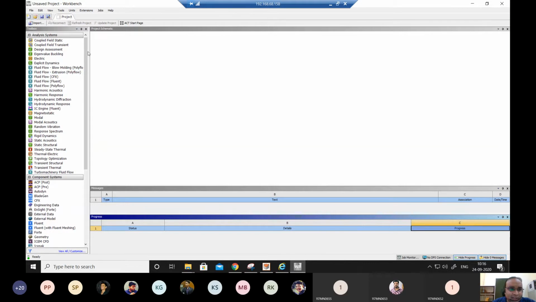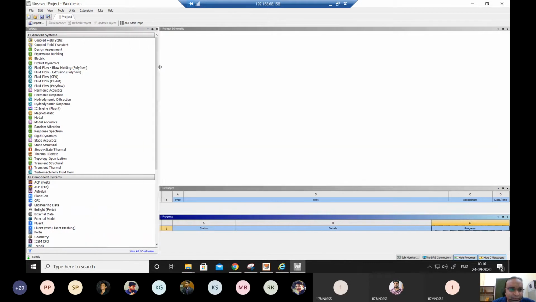So on your left, you can see what kind of modeling can be done. So we have electrical modeling, we have fluid flow or the CFD type modeling, we have acoustics, right?